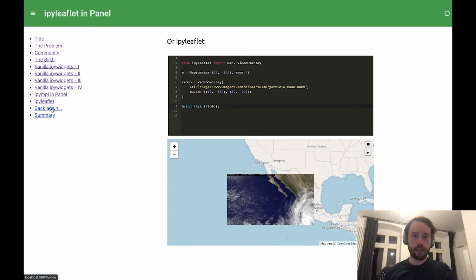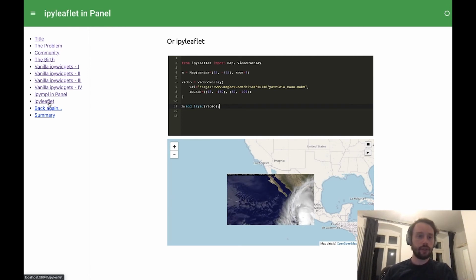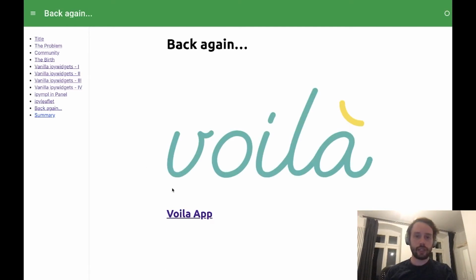But as you can see here, I've focused entirely on one direction. We've talked entirely about using ipywidgets inside this particular panel or Bokeh application, even if it's quite a complex one. But we also want to go back again, right? We want to go back to Jupyter and be able to use Bokeh components, or interactive Bokeh components, inside the Jupyter ecosystem, the ipywidgets ecosystem, with Voilà,